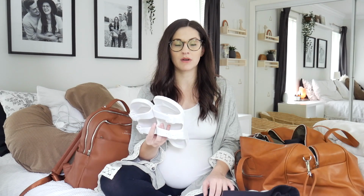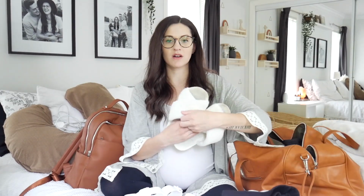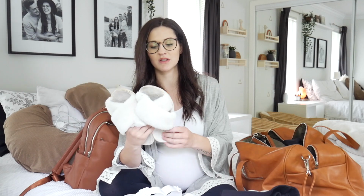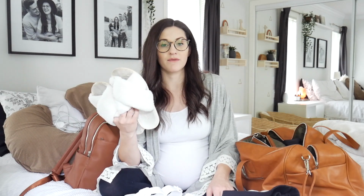So these are going to be really good for just walking around in your room. But if you want, you can actually bring some slippers along with you, which will be good as well. So these are like my fuzzy slippers I like to wear around the house. These have gotten a lot of love and I love them so much. They're from Amazon, which is awesome. They're really comfy and they're just good to have when you're out in the hospital room because, like I said,